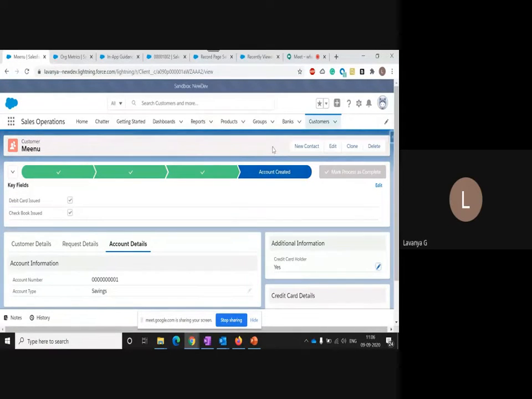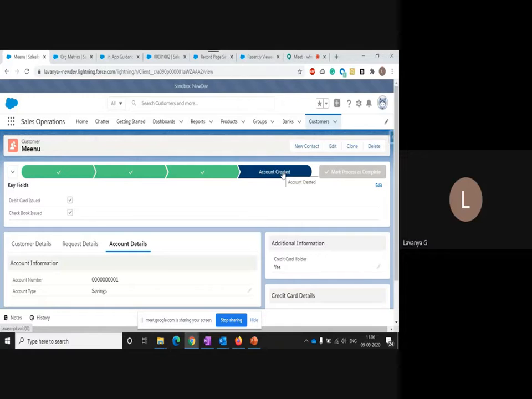Also, if you look at my highlight panel, here is also a change. The new account action item is enabled. In the previous status, we were seeing two actions, one is follow up and another one is task.